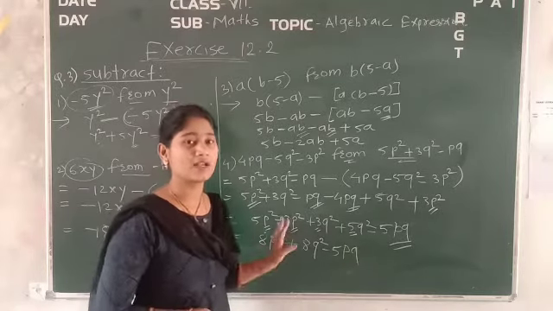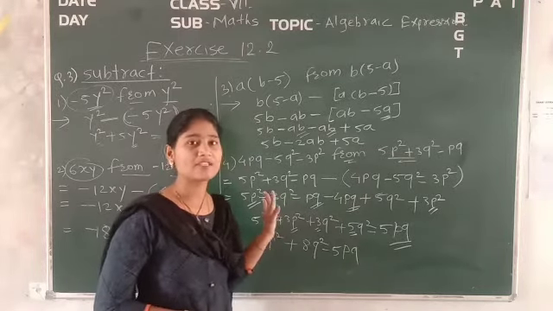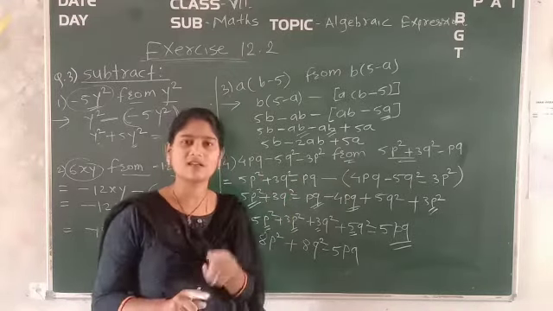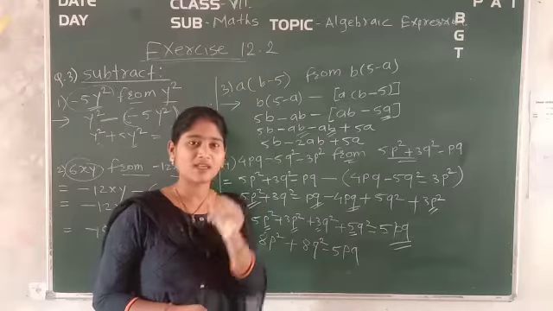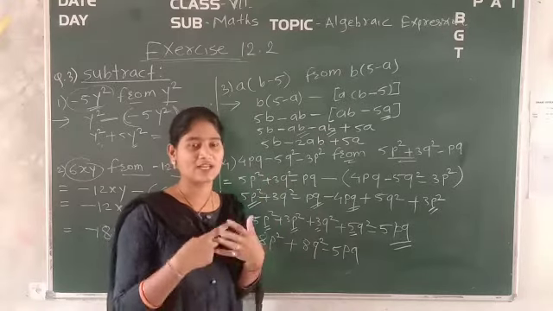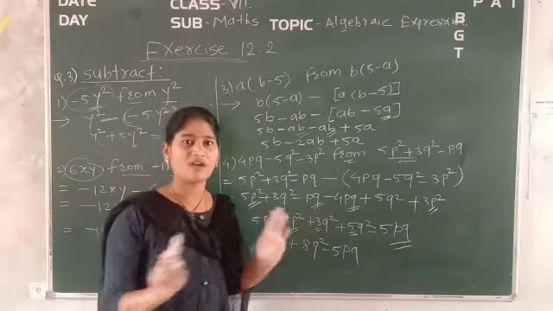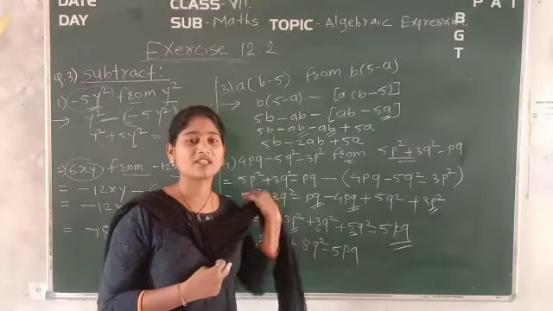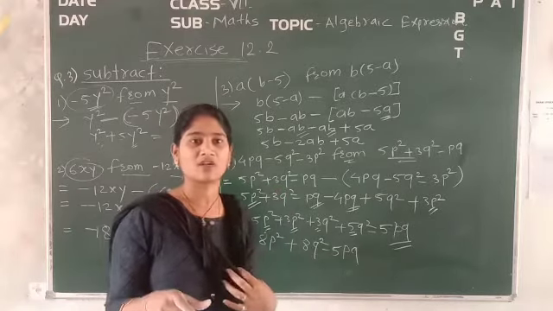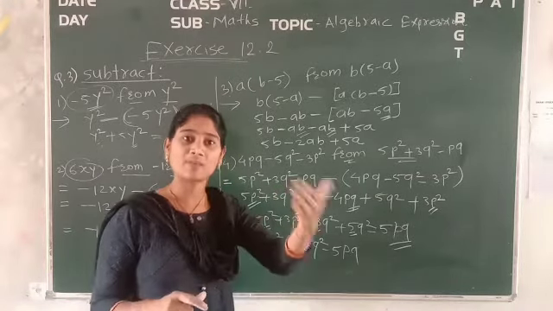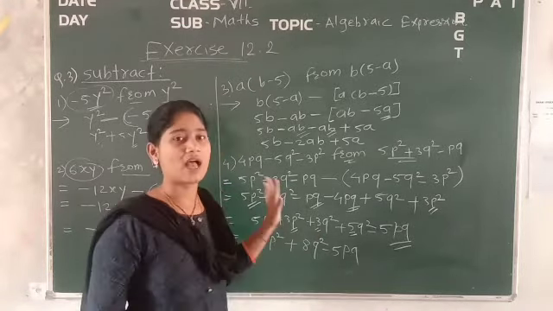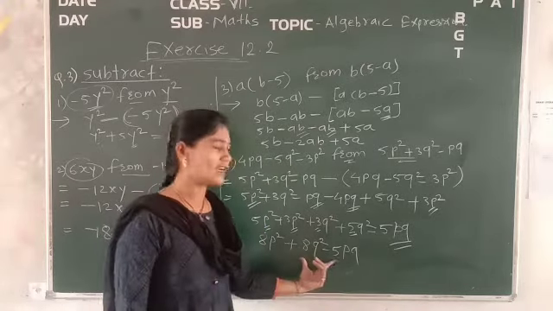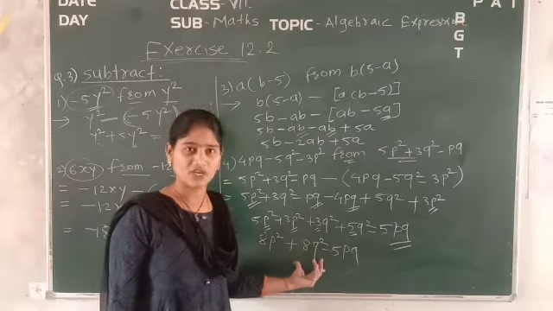Now see here, you can make a mistake here. Why am I checking the answers in today's session? Because due to the plus minus sign, a very small mistake can make your whole expression go wrong. Here we have not gone wrong any time, but still it's our duty to check ourselves, whether we are writing and going in an appropriate way or not. You have the answers at the back page of your textbook, so you can check your answers like that. After solving the expression, finally whatever the expression will be, you have to check these answers.